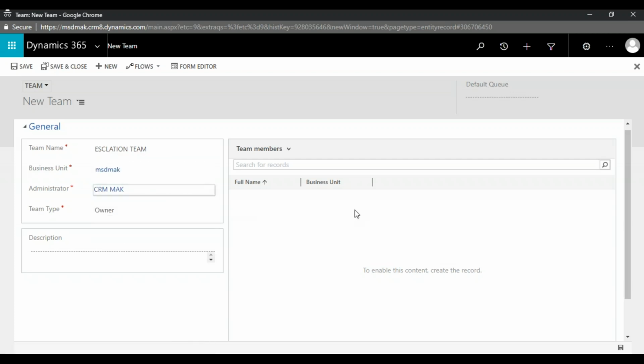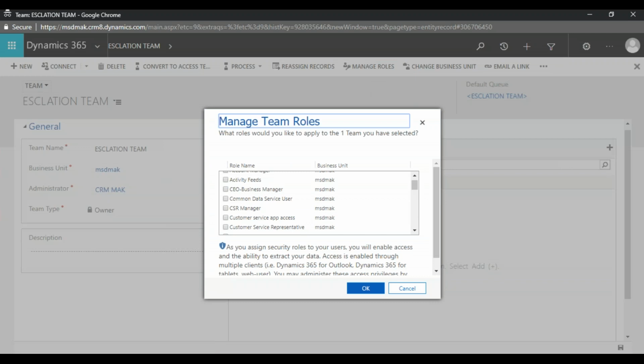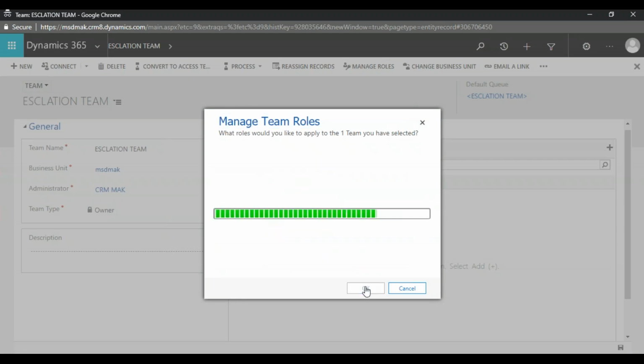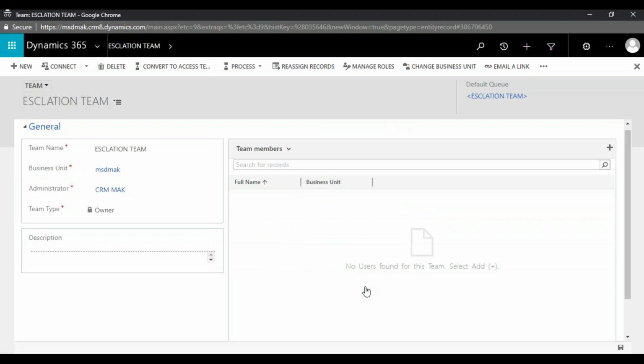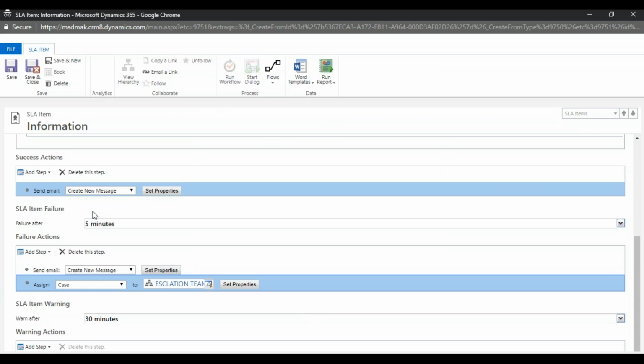Go here, CRM Mac, save it. Manage role: at least one security role is required for a team. So I just added a security role. Okay, now what I'm doing is, if the case is not resolved within 5 minutes, an email will be triggered and the case owner will get changed to the escalation team.